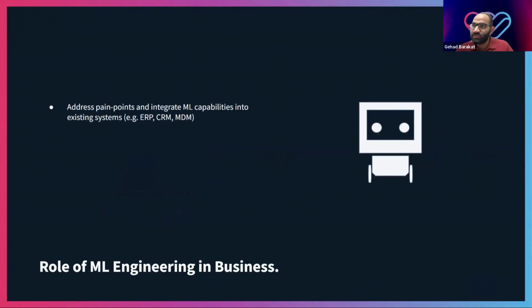So the role of machine learning engineering in general is about addressing pain points in an existing system. It's not only about creating new tools or creating new systems. As I mentioned, every business aspect nowadays is looking at how we can be AI powered, how we can use NLP capabilities or computer vision for our daily tasks. For example, if you are working for a company where you need to scan personal IDs, public IDs, like a driving license or something like this, it's not enough right now to just have this data written by a human. Now we are looking to get software that is going to be integrated into our existing solution to speed up this process by scanning